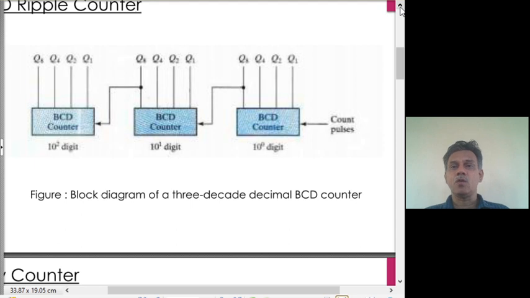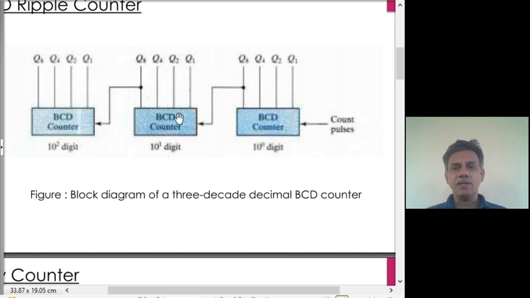These are all BCD encoded. You can treat it as decimals. 0, 0, 0 to 999 and then go back to 0, 0, 0 and so on. So it is basically a modulo 1000 counter. 1000 counts it has to count. After reaching 999, it has to go back to 0, 0, 0. So the first digit goes from 0 to 9, 0 to 9 and so on. If you use a BCD counter here and give a clock pulse, it will keep counting from 0 to 9.